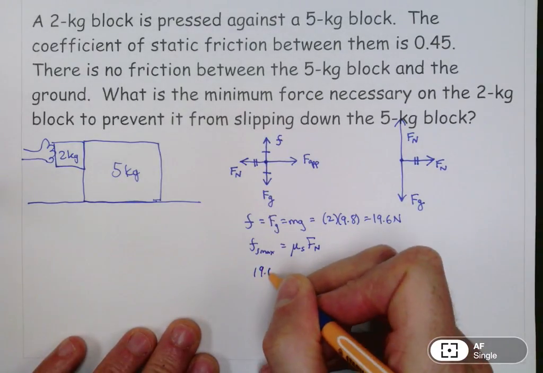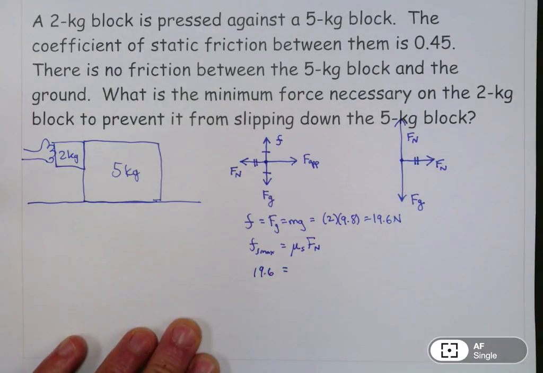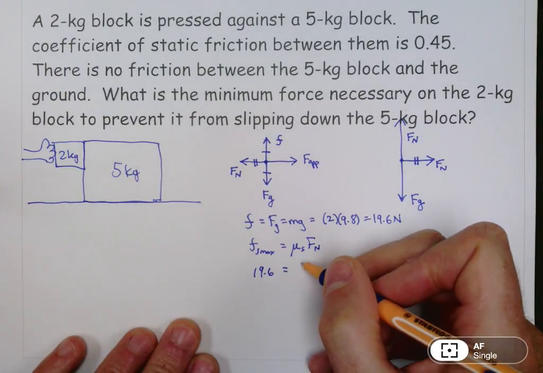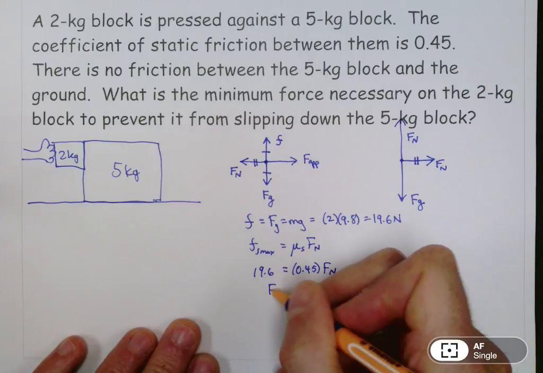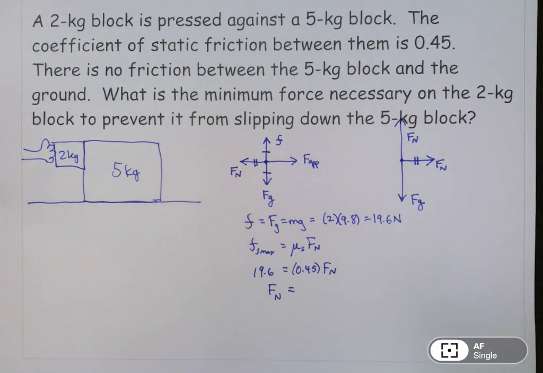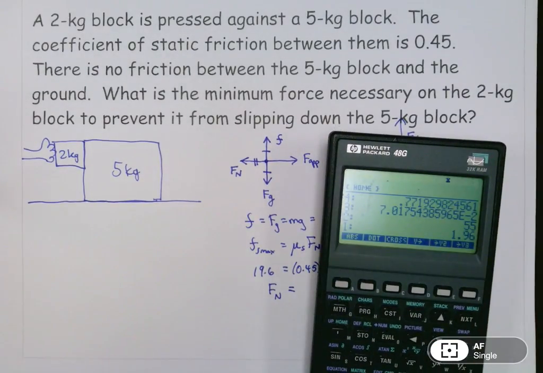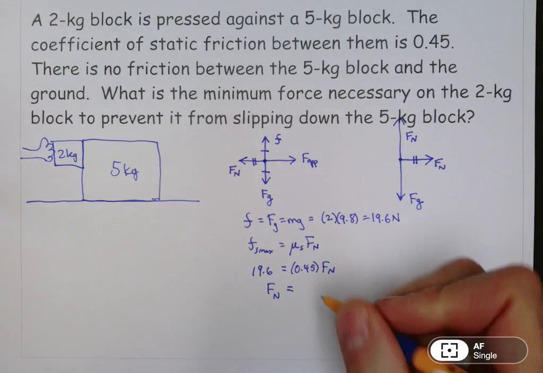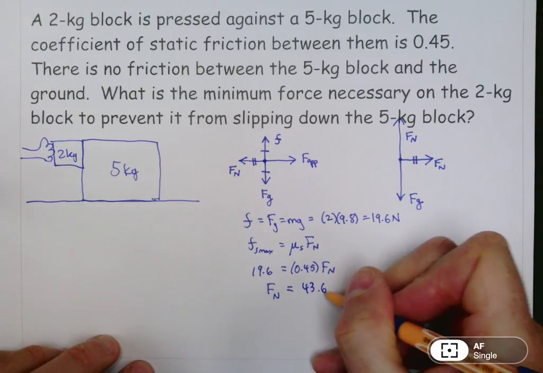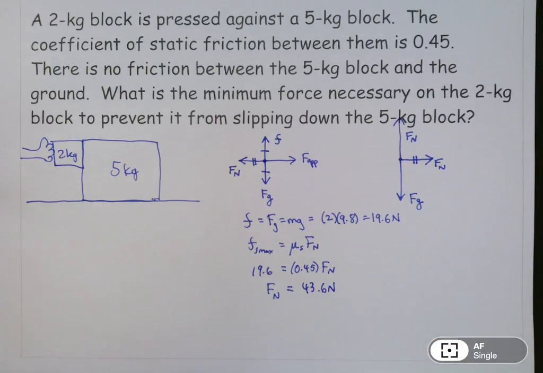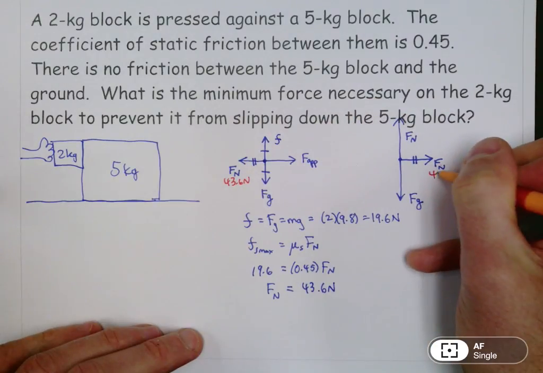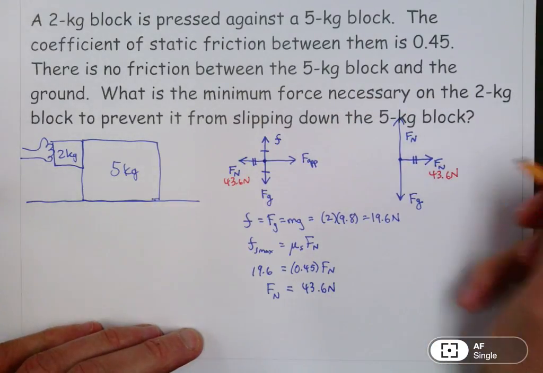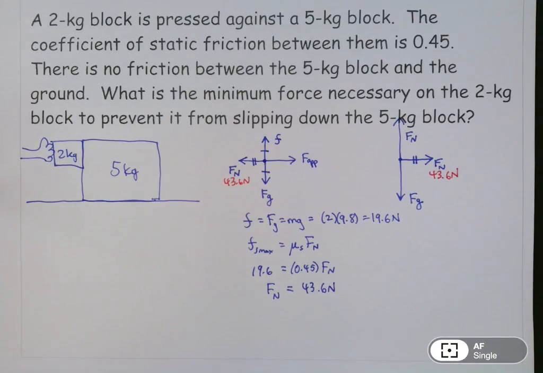So if 19.6 is the maximum static friction and the coefficient of static friction is 0.45, we can solve for normal force. And the normal force is going to be equal to 19.6 divided by 0.45. 19.6 divided by 0.45 is 43.6, let's say. And so that's helpful. Now we know that this is 43.6 newtons and this is 43.6 newtons. And that's really helpful